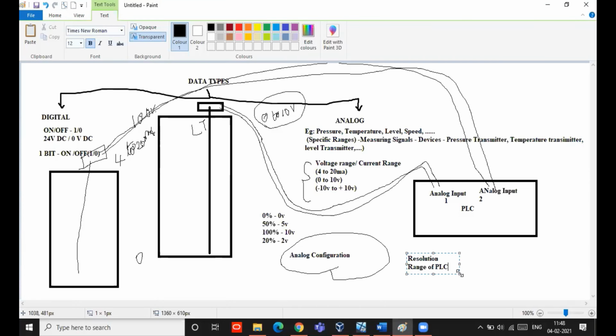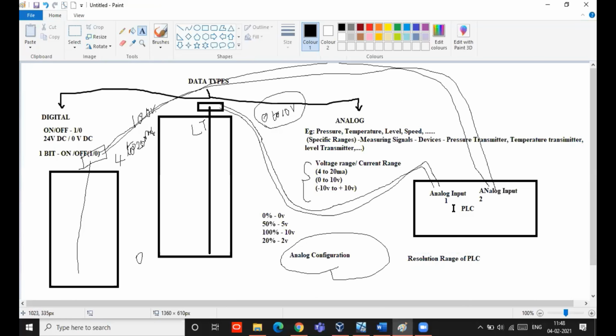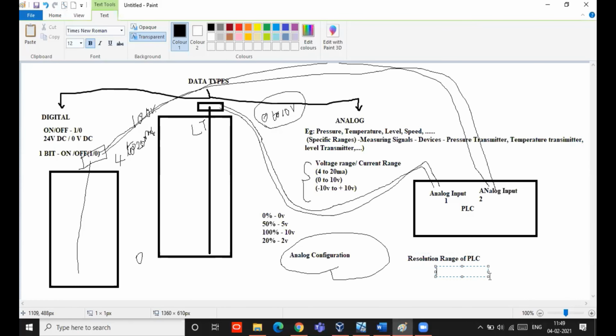Every PLC has its own resolution range. For example, if I am taking a Siemens PLC, based on the memory, there will be some resolution range. The resolution range of a Siemens PLC is 0 to 27,648.